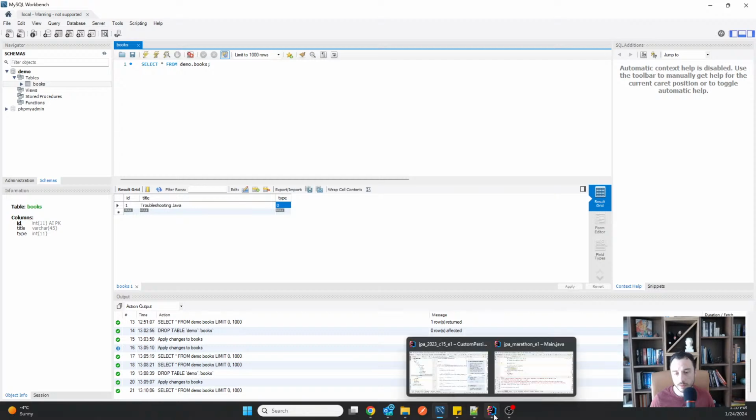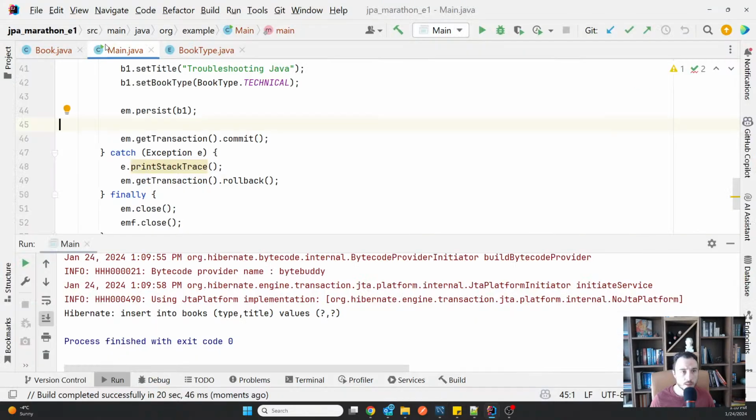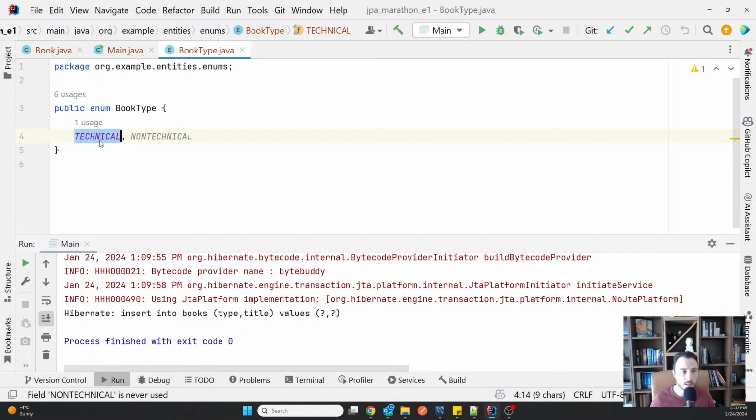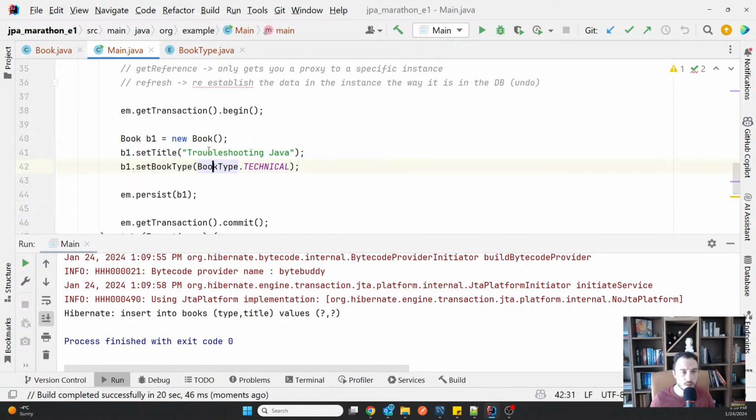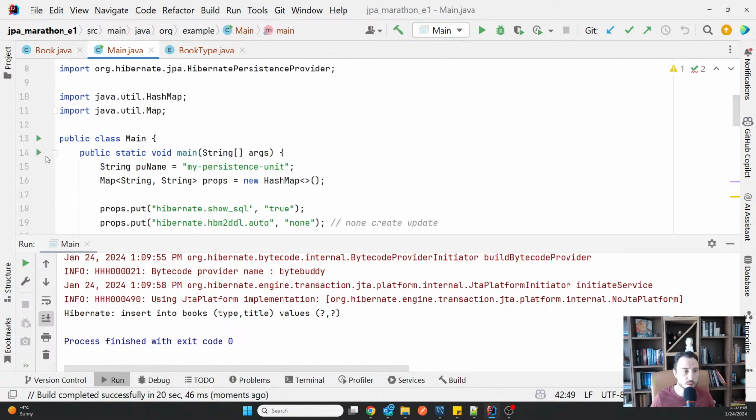Why 0? Because 0 is the ordinal for technical and 1 is for non-technical. So if I'm adding a second book, which is the non-technical one, then this one will have the ordinal 1.